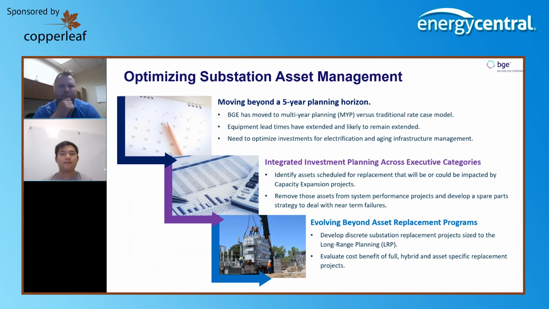So as we talk about optimizing substation asset management, one of the things that I think everybody in the industry is experiencing is this desire and need to move beyond a 5-year planning horizon. So today we have a 5-year long-range financial plan that we put out. But what we've experienced with equipment lead times, moving out transformers, right, 4 or 5 years, depending on what production